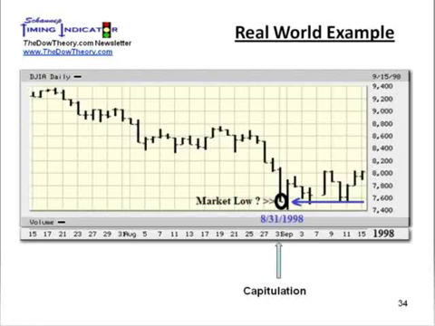Now, let's look back at the real-world example where the traditional Dow theorists, all of us for that matter, were looking for a market low. We have an apparent market low. As we remember from before, we put the sticks in the sand and hope it doesn't go further down. But we knew something at the time that most of the rest of the world didn't, and that was that there was a capitulation on that day. So we began, under our rules of engagement, buying 25%